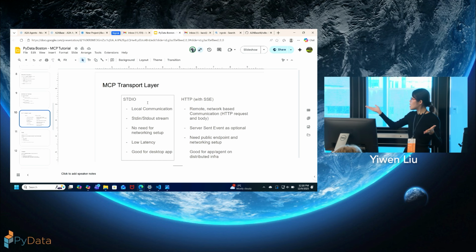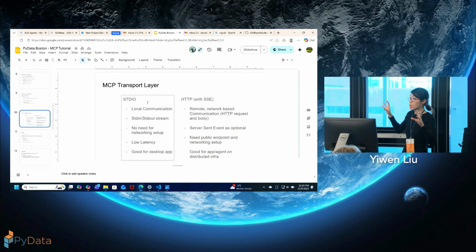This is when this kind of protocol comes into play. It follows HTTP communication: the client makes the API call to the server, and sometimes you can choose to use SSE as an option to have your server constantly send notifications or messages to your client side.